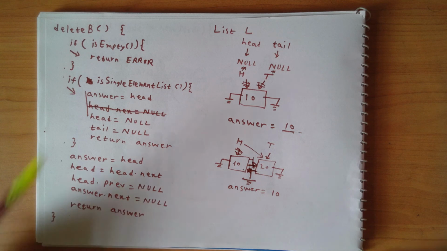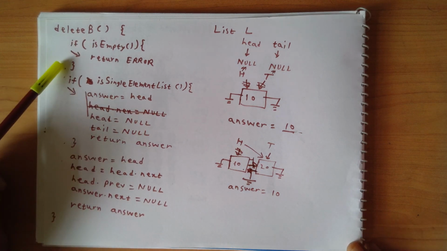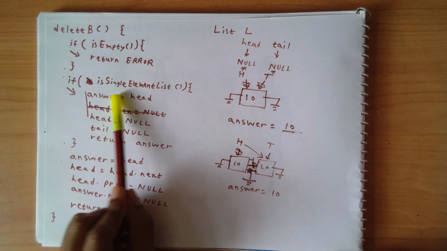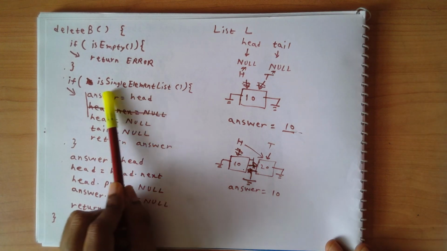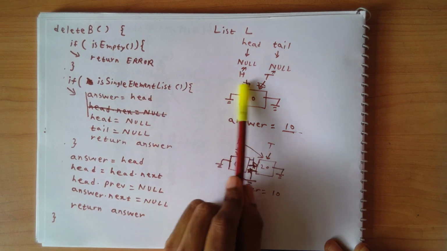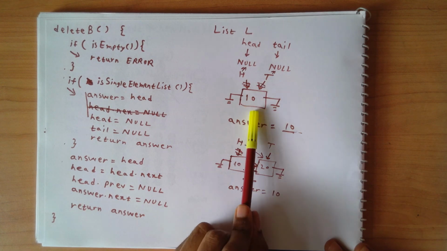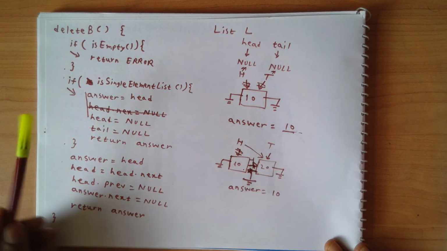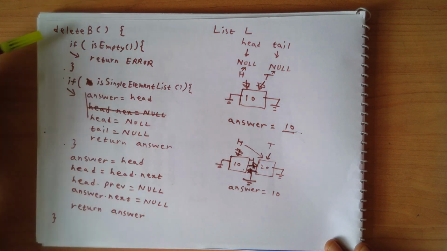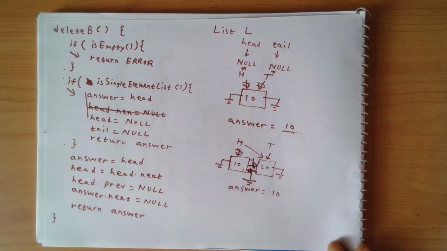And what is the time complexity? So this is a conditional block with just constant time statements. This would be constant time, but it depends on how much time is required to evaluate this condition, is single element list. And in the logic, we have said that we are going to check if head and tail both are equal and they point to a non-null entry. So this should take a constant amount of time. So even this conditional block is going to take a constant amount of time, and these are constant time operations. So delete from the beginning of the list is going to take theta 1 time. So that's how deletion from the beginning of the doubly linked list will work.